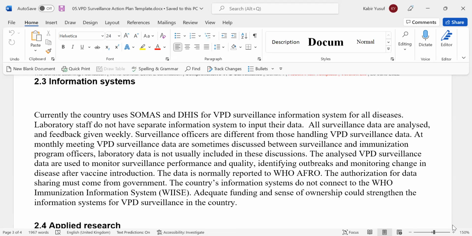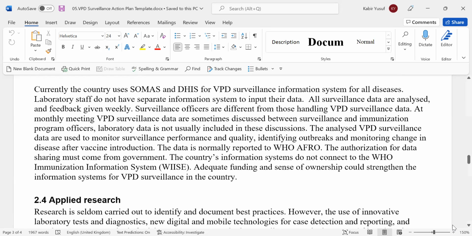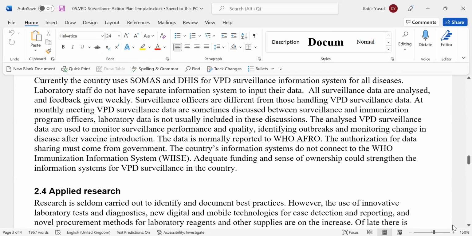Laboratory staff do not have a separate information system to input their data. All surveillance data are analyzed and feedback given weekly. Surveillance officers are different from those handling VPD surveillance data. And we normally report our data to WHO AFRO, but there must be authorization from government before the data is shared.